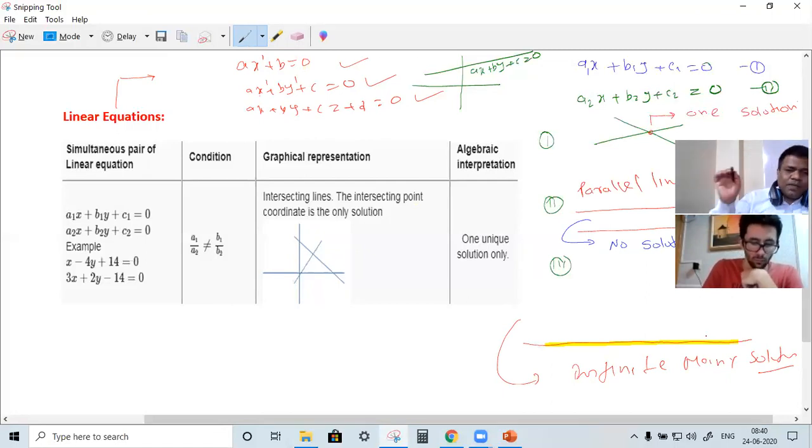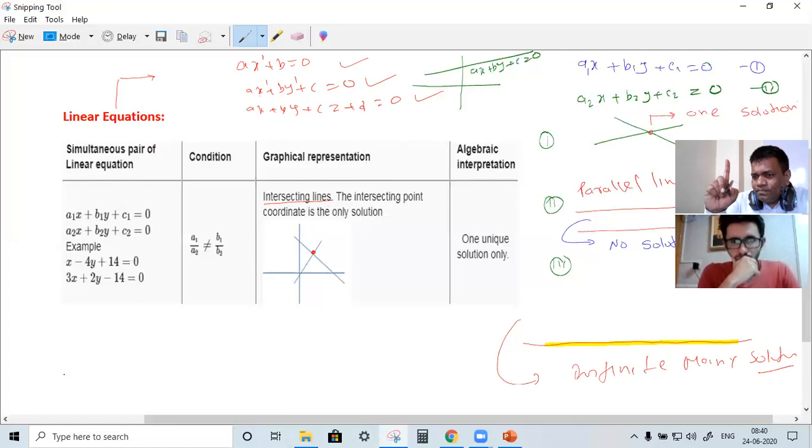Now come to this. I'm going to take one by one. The first case I'm assuming here is intersecting lines. You can see this is one line, this is the other line, and these two intersect here, so you'll get only one solution. Am I talking about something very tough? No. Without solving the equations, how do we know they are intersecting lines and will give only one solution? This is the condition.